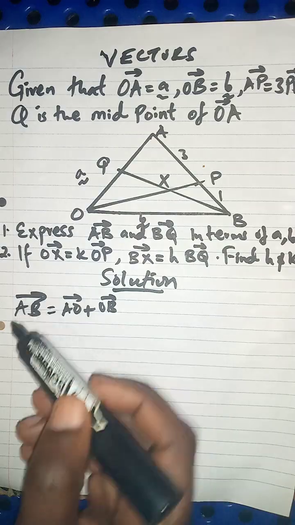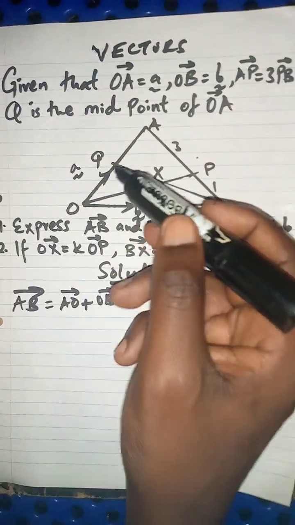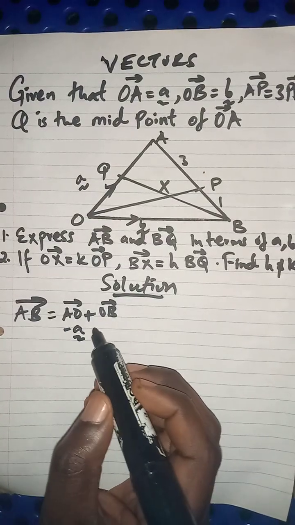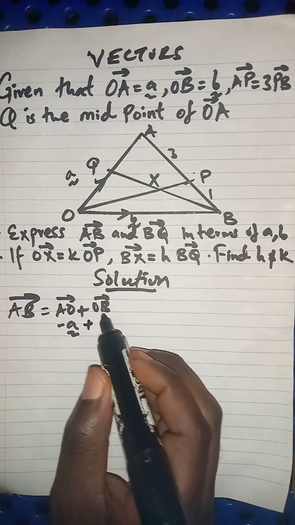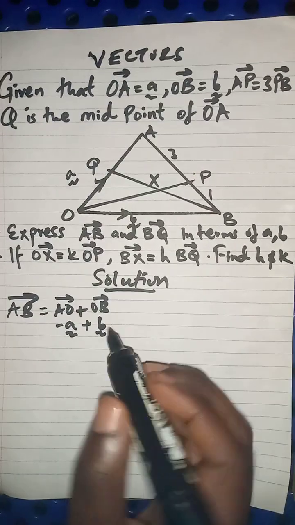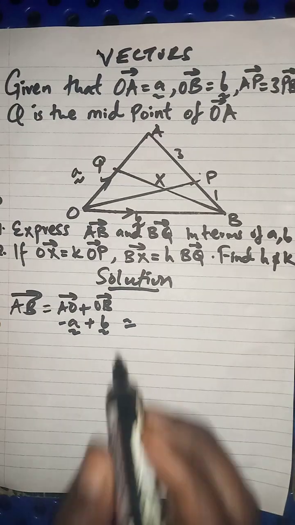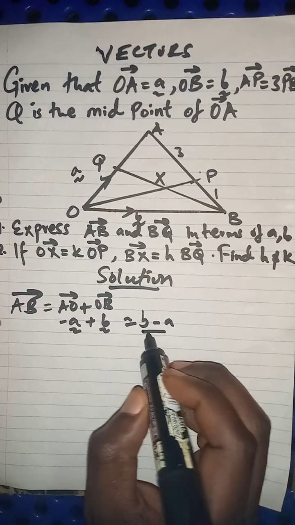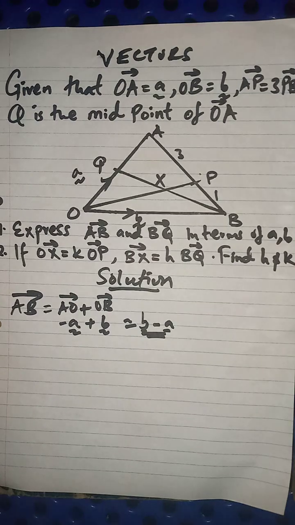So going against the direction, AO is going to be the negative of A, plus OB, which is vector B. Then rewriting this, it is going to be B